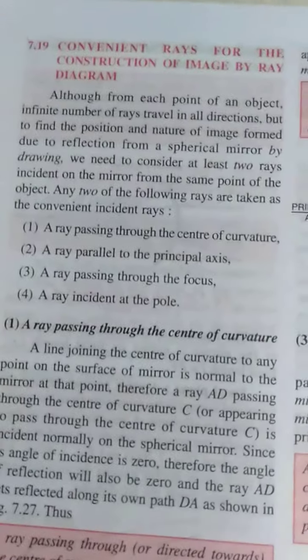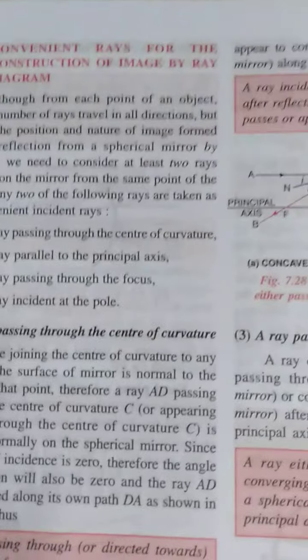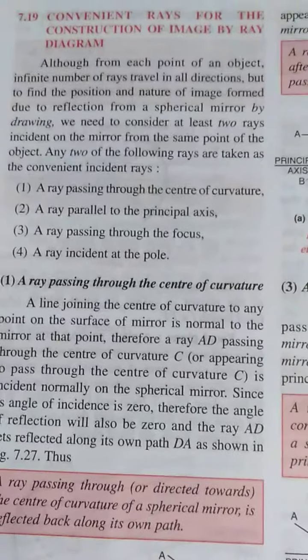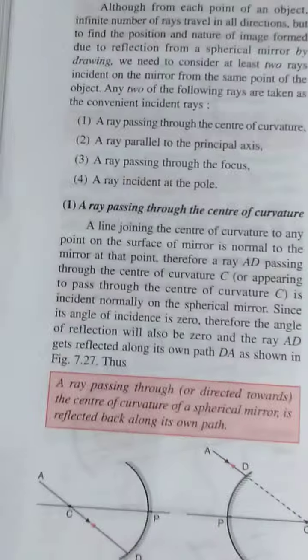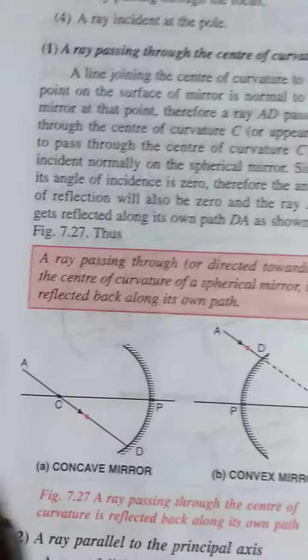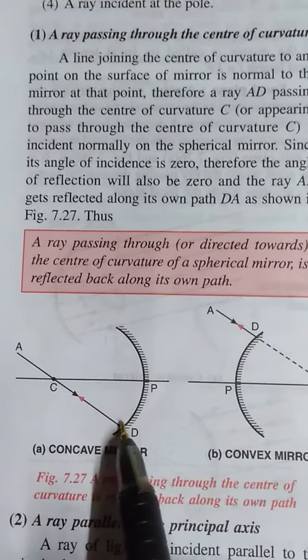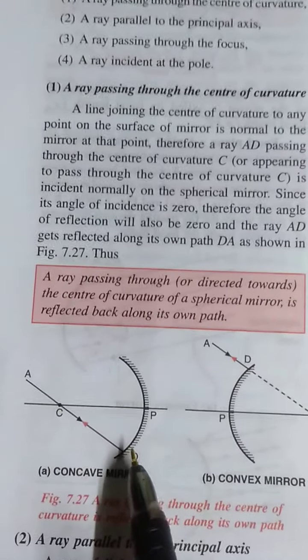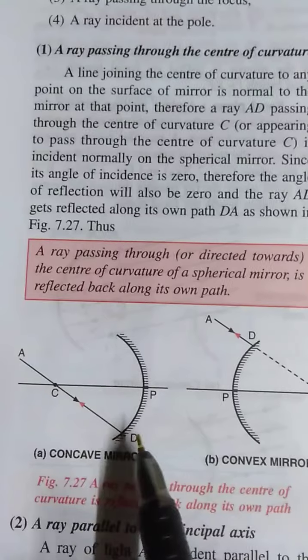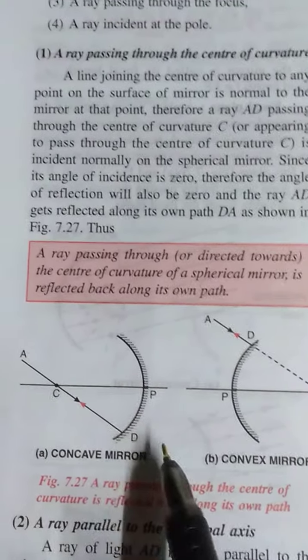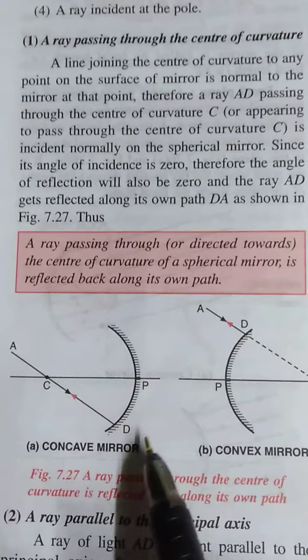Now, ray diagram. I am just giving you how to draw the ray diagram, and I will explain it in detail in the next live class. See, what are the important rays when we are considering the ray diagram? If any ray is passing through center of curvature, I told you the ray through center of curvature is considered as normal. So it will go back in the same direction. There will be no deviation. Also for the case of convex mirror.